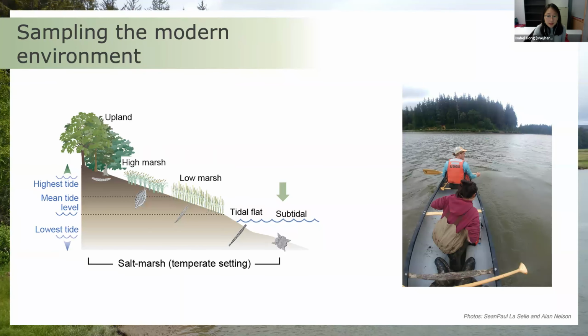And so sampling, as I mentioned, was done along shore perpendicular transects. The goal of doing that was to sample from multiple intertidal zones, ranging ideally from the subtidal up into the upland environment. As I mentioned, sometimes that wasn't possible from just a single transect, and so we did our best to collect multiple transects and try our best to capture a wide array of environments. Sampling happened with every 10 to 20 centimeter change in elevation.